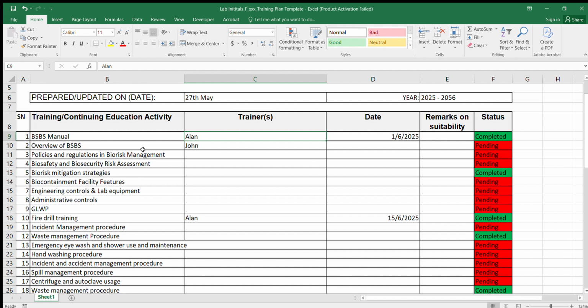So make sure you list the trainings from what you want to train people on first until the last thing that you want to train people on. That way the dates will be more consecutive and they'll follow each other, rather than mixing the dates. You end up missing some things that maybe you didn't see to say you're supposed to train people on them on this particular date. So maybe for the BSBS manual, maybe if you're training people on the 1st of June